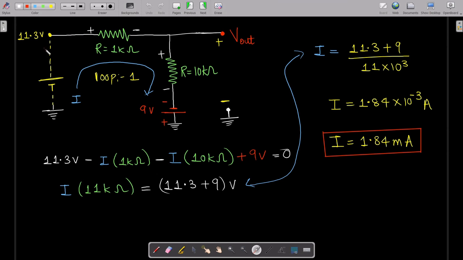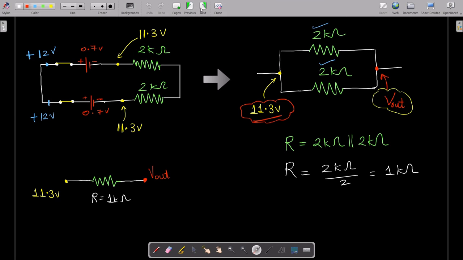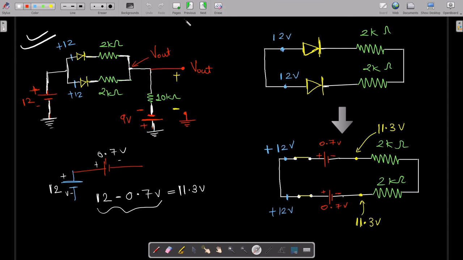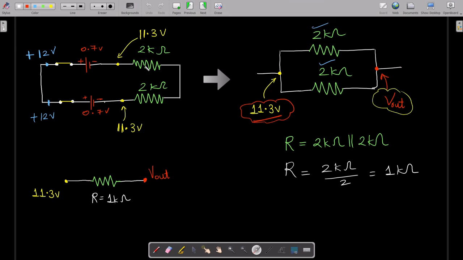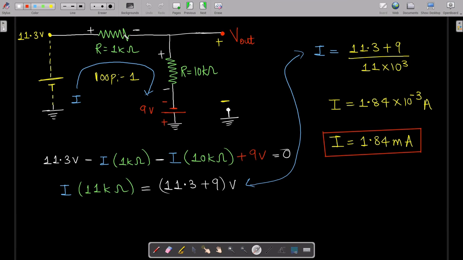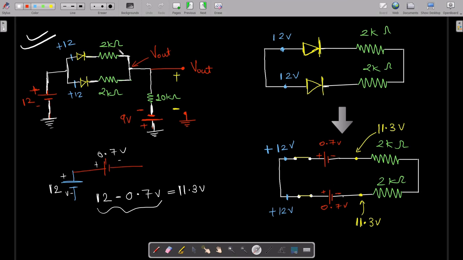And then what you did is you replaced this whole thing with 11.3 volts, as you can see. You assume that you are connecting a battery of 11.3 volts, but in reality you are not connecting a battery of 11.3 volts. You are assuming. Why do you assume? Because you deduce this whole circuit into just this form of circuit, and that's why you just replace all of the thing with this one.